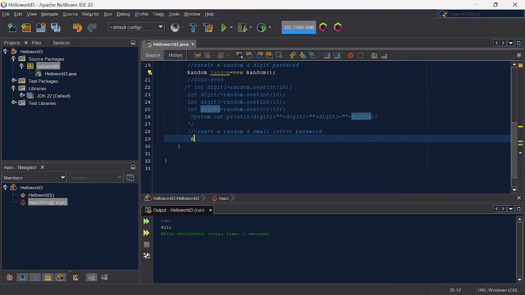So what do I mean by that? I know I haven't talked about casting, but let's just say I want to print the alphabet A. If I just try to print it, I will get A. No worries. But if I try to cast it, or change it to an integer,